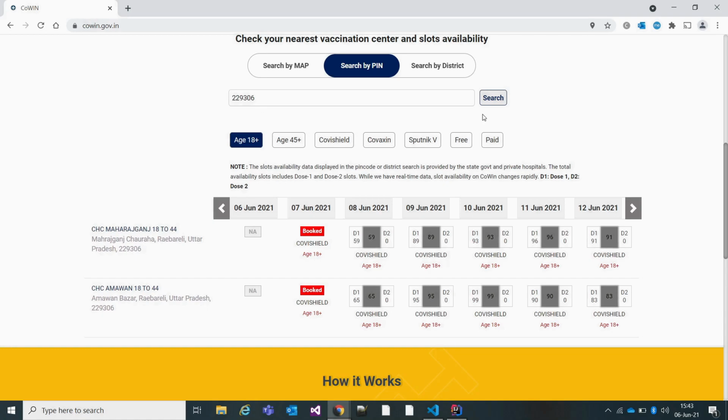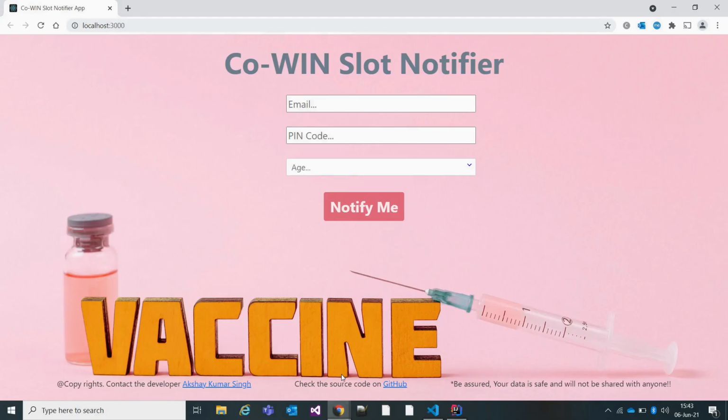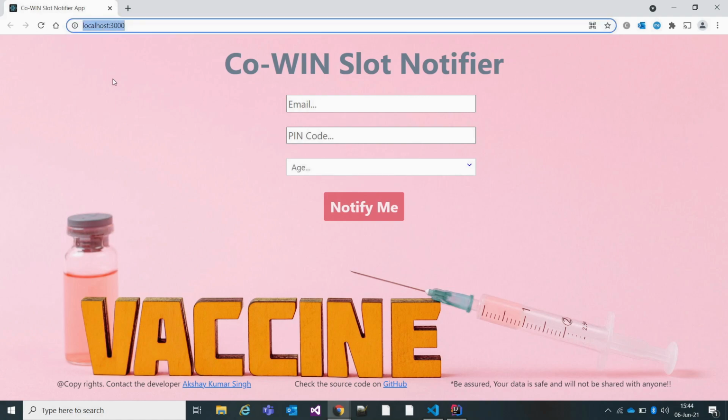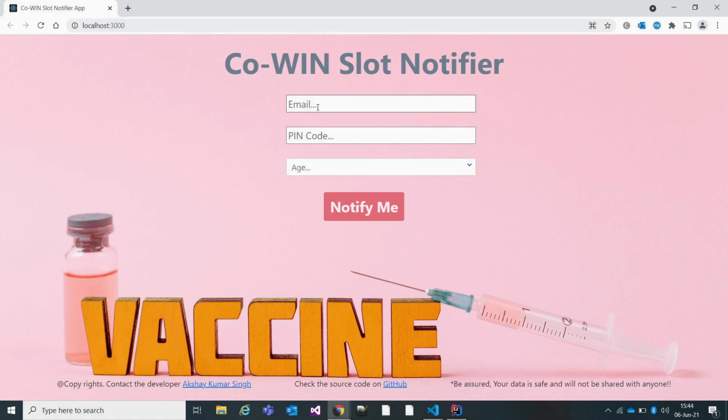So let us quickly jump to my UI which I have created, which is this. As of now, it is running on a localhost, in my local environment. Let us enter the email ID where you want to get notified.